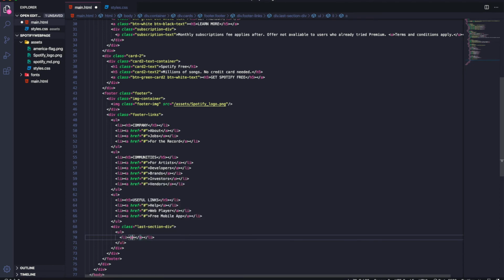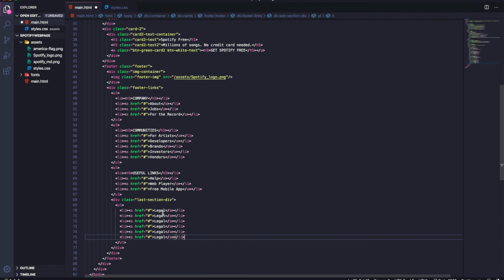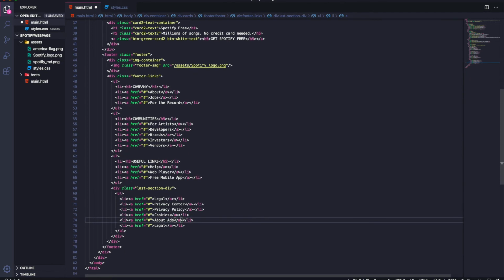So obviously we're gonna make them go nowhere, and this says legal, basically their security stuff and their privacy policies pretty much. And yeah, privacy center, privacy policy, cookies, about ads, and then